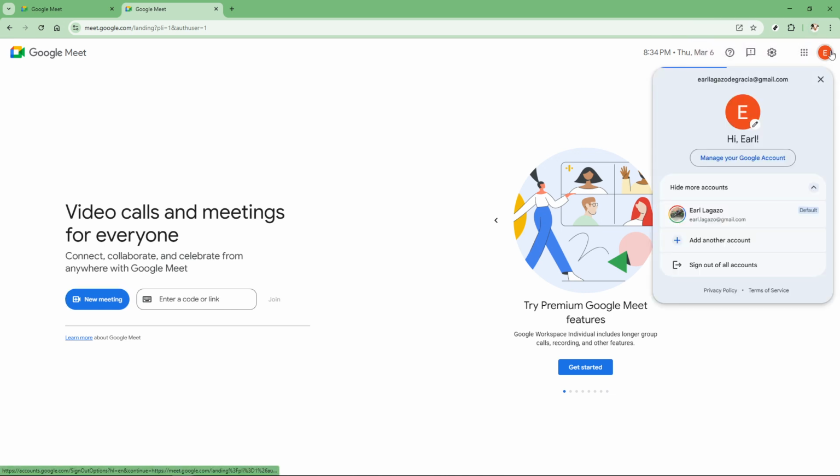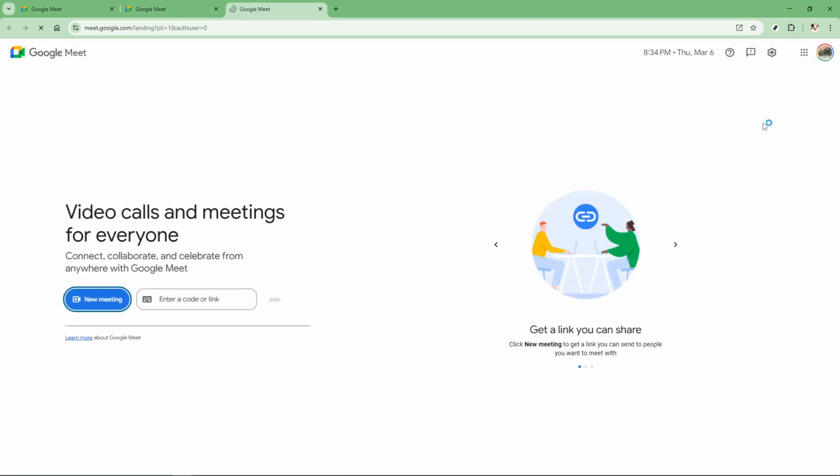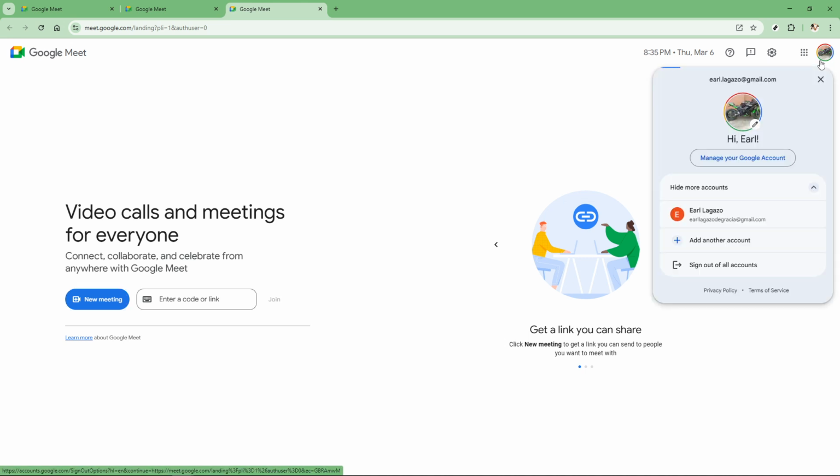You can now seamlessly switch between your accounts whenever you need right from that drop-down menu. To switch, just click on your profile picture again and select the desired account from the list of accounts that you have signed in. As you explore the various features and functionalities Google Meet offers, being able to switch effortlessly